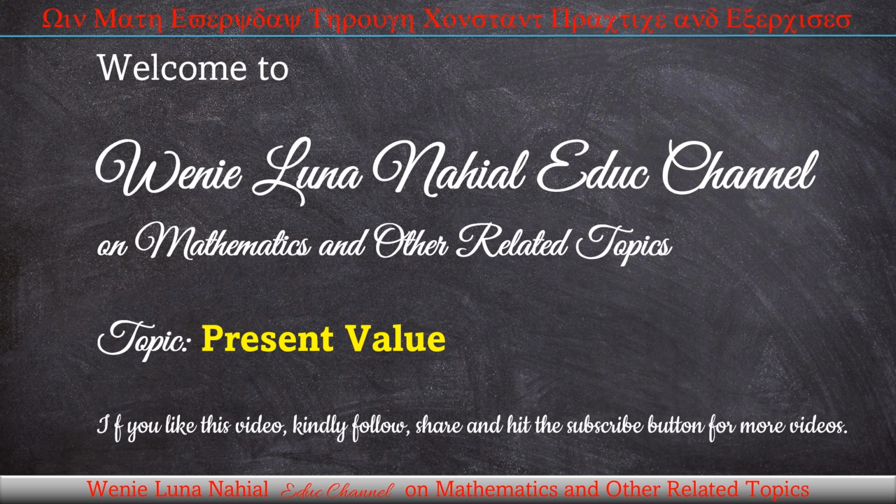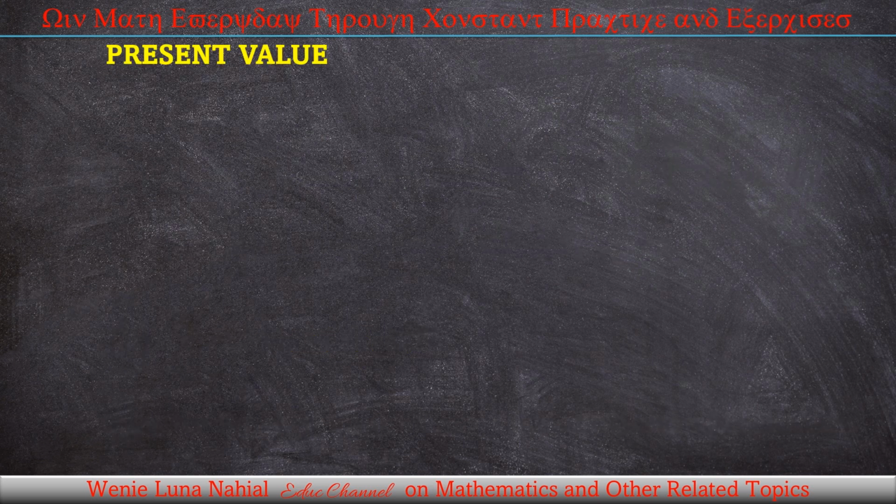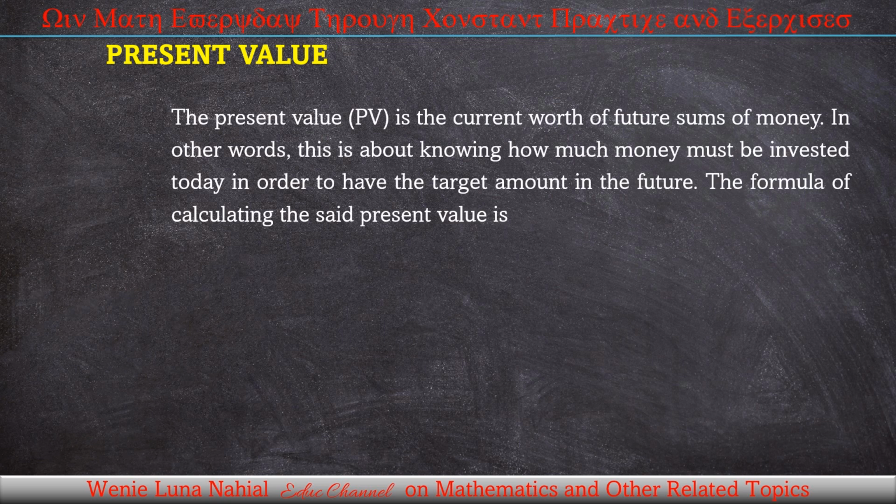For this video, our discussion focuses on the present value in an investment, and this is one of the lessons of the subject mathematics of investment. First, let us have an understanding of what is this present value. The present value, PV, is the current worth of future sums of money. In other words, this is about knowing how much money must be invested today in order to have the target